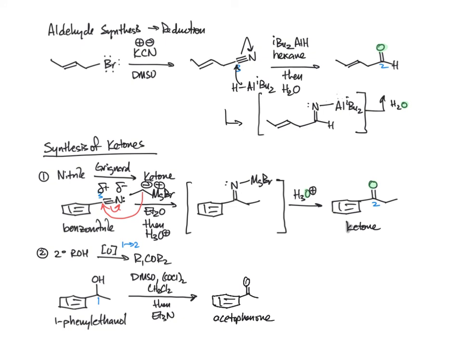So an alternative set of conditions is using the PCC reagent, pyridinium chlorochromate. Again, 2-butanol, secondary alcohol, PCC, dichloromethane, gets the ketone, 2-butanone. So really, in addition to learning these reagents, you should really be counting the oxidation state, because I think that's really helpful in managing